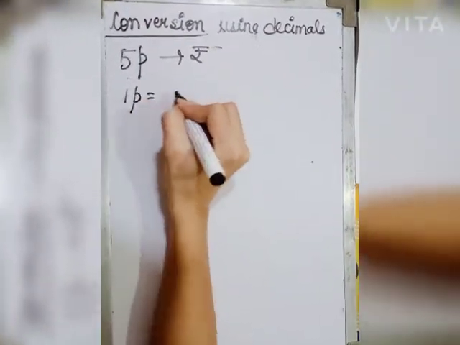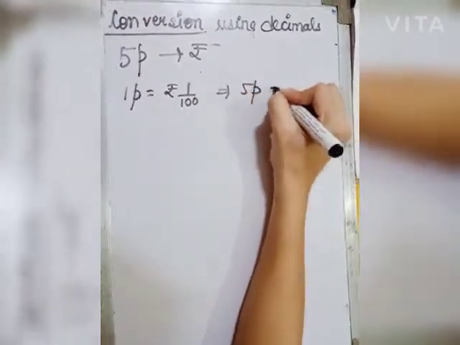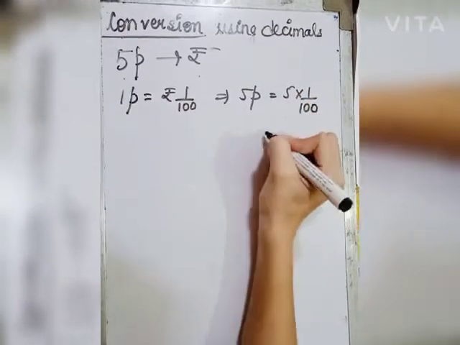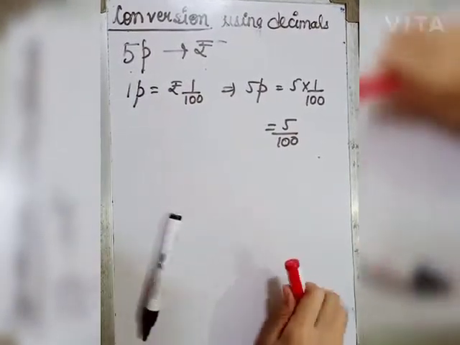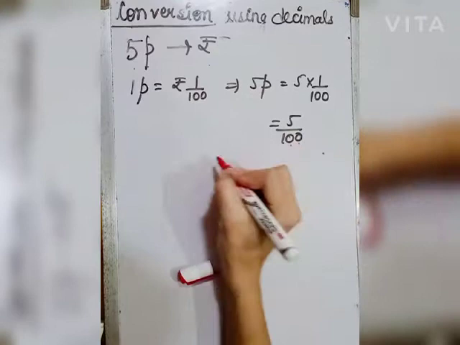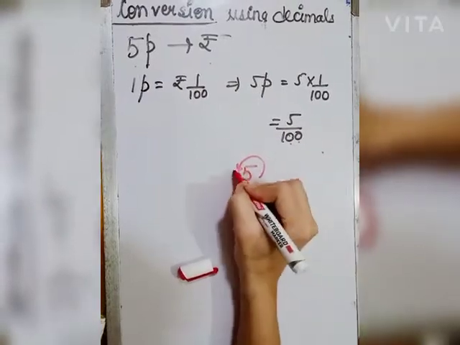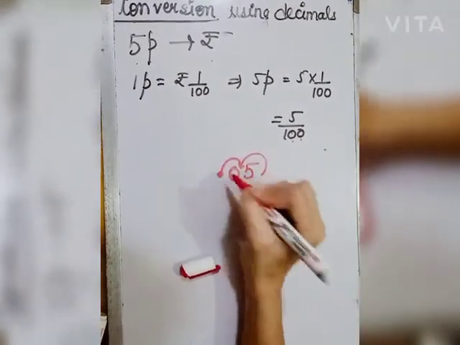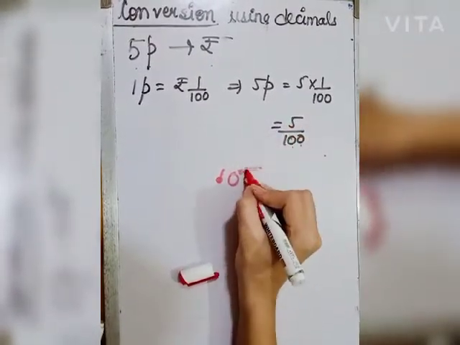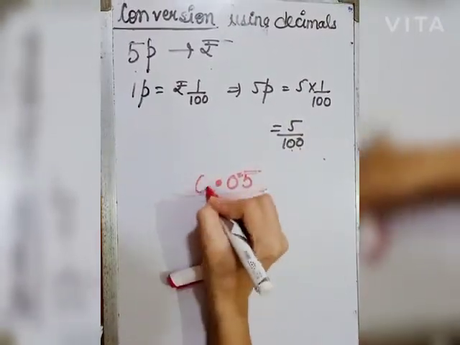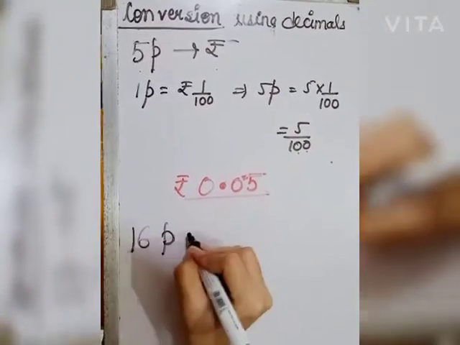Here you have to convert 5 paisa in the rupees. So we know 1 paisa equals to 1/100 rupees. So 5 paisa will be 5 into 1/100 rupees, and it will be 5/100. Now how many zeros are here? 2. So we will put point before 2 digit. 1. Now second digit तो है ही नहीं. We will put 0 by ourselves. Now here is the point. पीछे से 2 digit पहले point put कर दिया, and here 0. This is the answer.